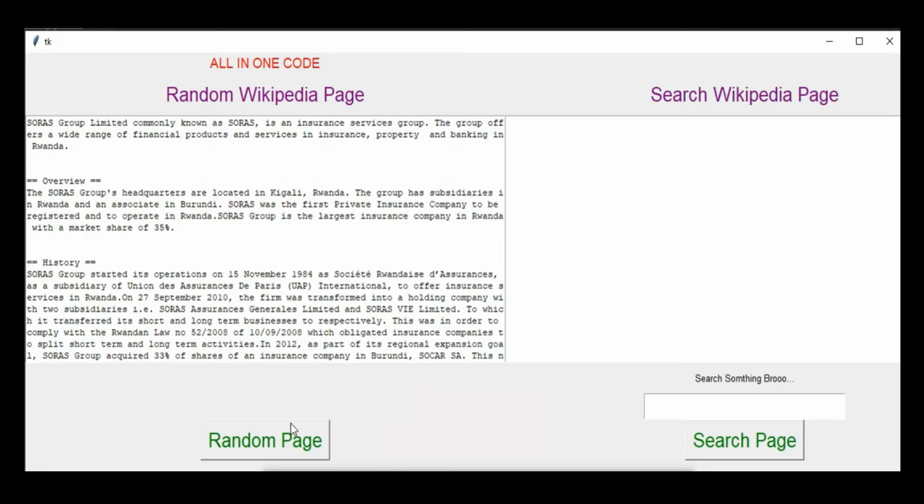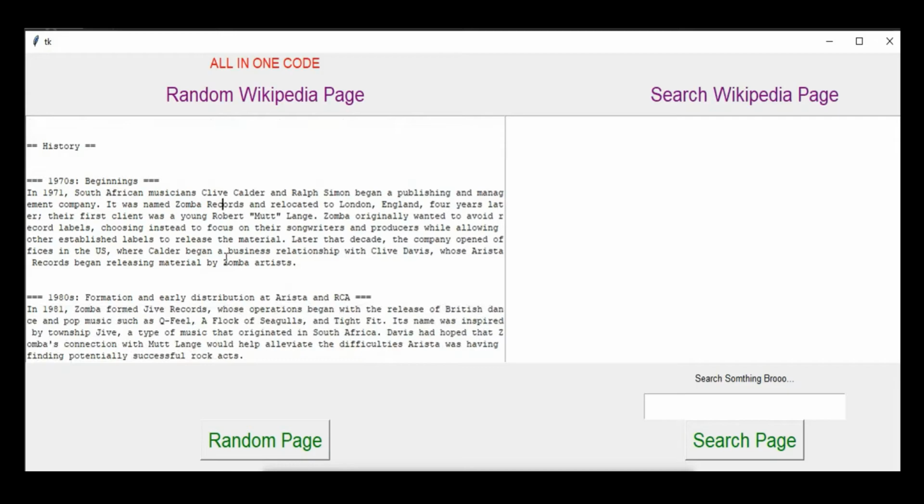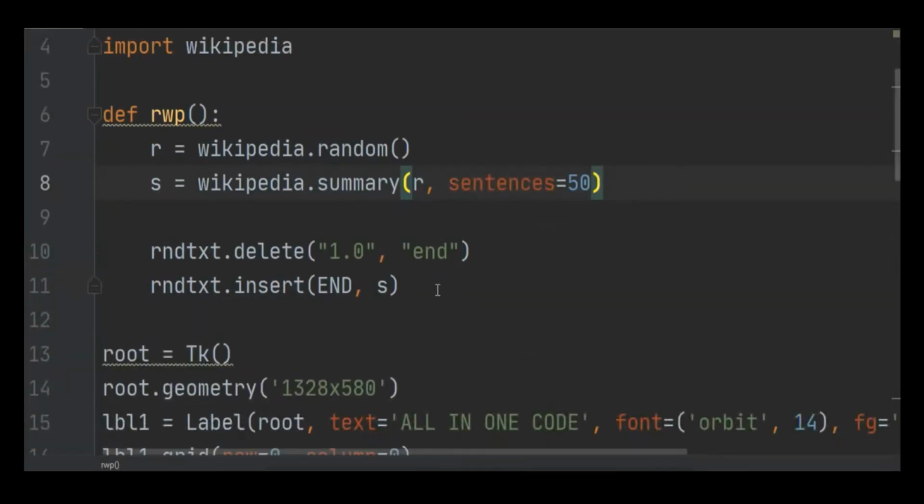So now let's go to the search Wikipedia page, and you can even scroll down for more text too. I'm going to create the SWP, which is the search Wikipedia page function, and then I'm simply going to copy this and paste it in here.